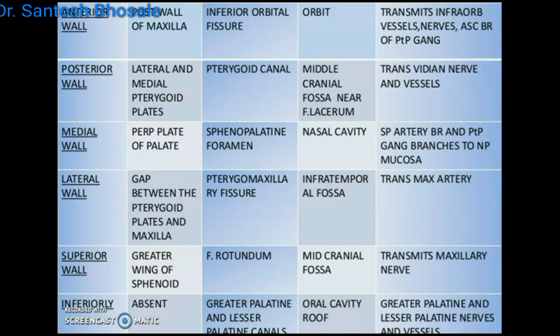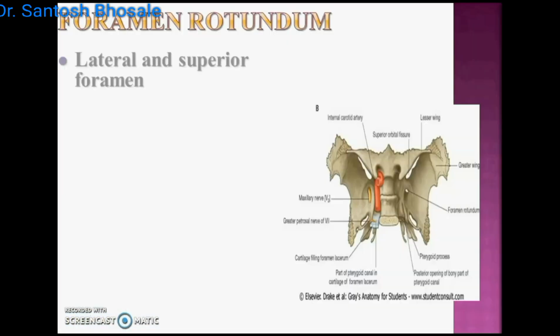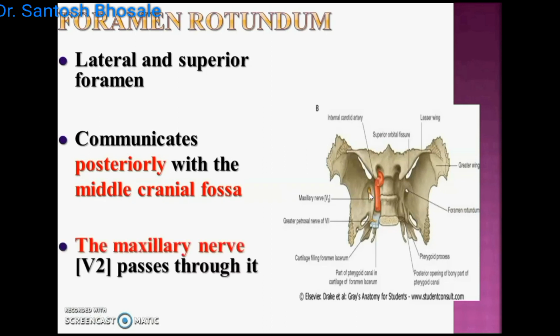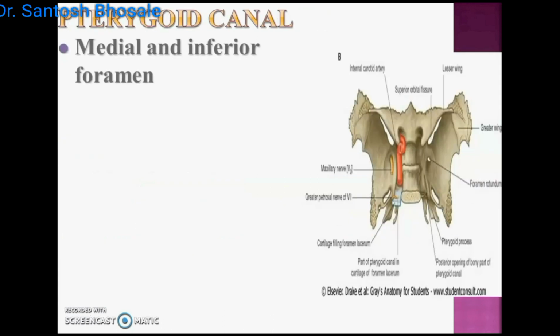So remember, it is a very tiny space having so many communications and acting as a distribution chamber for the maxillary nerve, maxillary artery and pterygopalatine ganglion. That's why it is very significant clinically, because it has all these neurovascular bundles there. You can see we are still with the foramen rotundum. You can see the maxillary nerve there. It is a division of the trigeminal nerve.